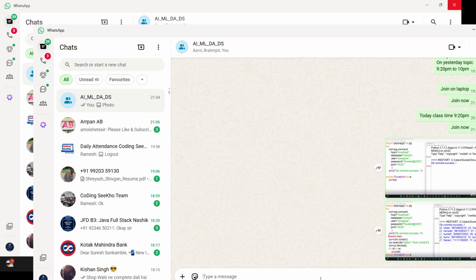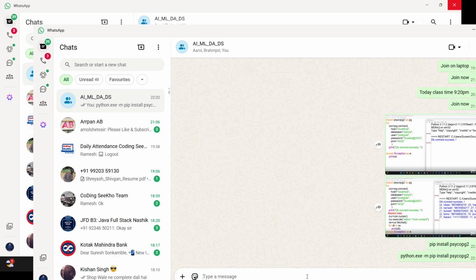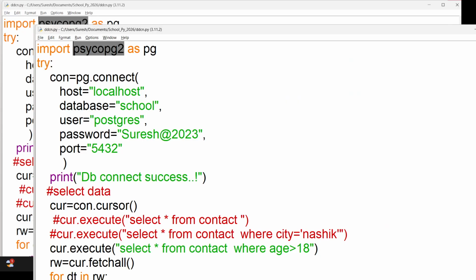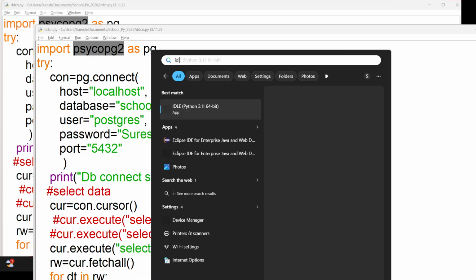Yeah, see, there are two ways to install the module. The first is very straightforward: pip install module name. If you tick that checkbox. If there is no checkbox listed, you have to write python.exe -m pip install the module. In your case, you have to go to the IDLE location.